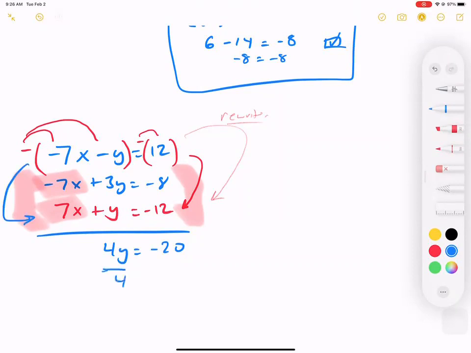Now we're almost done. We divide by 4 on both sides. y is equal to negative 20 divided by 4, which is negative 5. We have solved for y, and many of you guys already did this probably. Now, once we solve for y, we're still missing the x. So I have a y, but I don't know what x is. So let's go back and pick an equation. You can choose your original or you can choose your new one. It doesn't matter, but we just have to choose one. I'm going to go ahead and pick my original, negative 7x